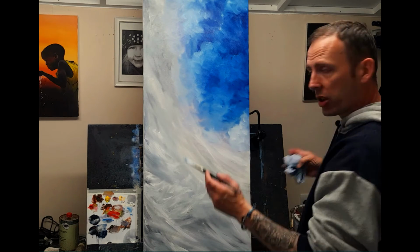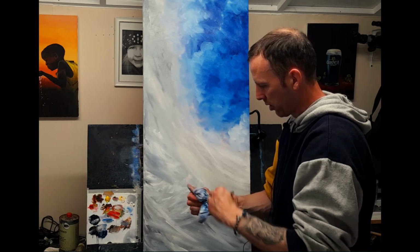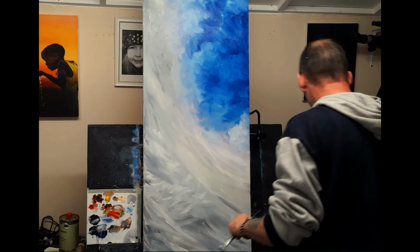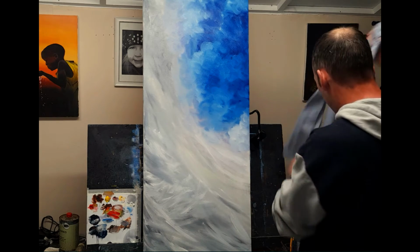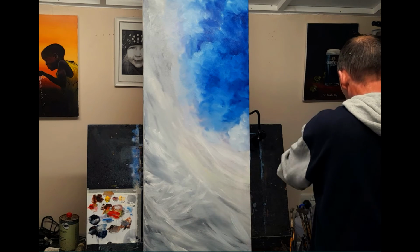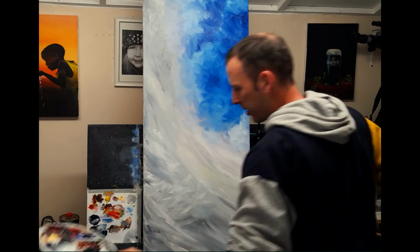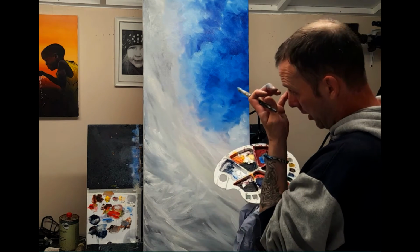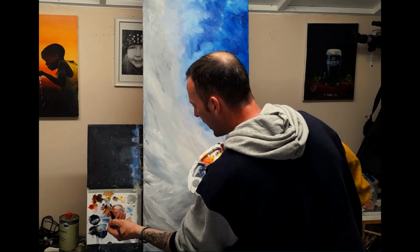Right, I'm just going to give this brush a quick clean before I dip into some golds and yellows and all that kind of thing, because it's going to get messy. It's going to get really messy here very soon with some golds, and we may have some greens on the canvas. So let me just get some paint and some tissue. I have some cadmium yellow over here. I hope this is fairly clean, let's go with some cadmium yellow,